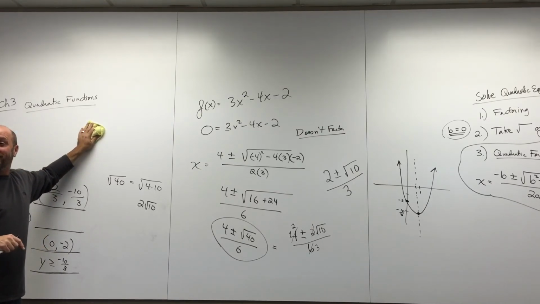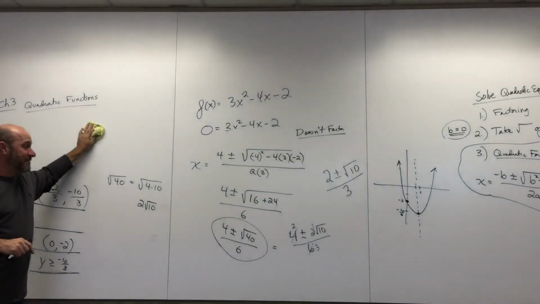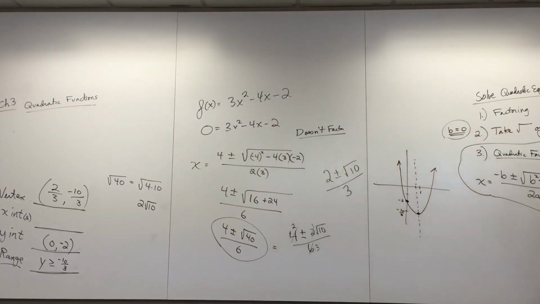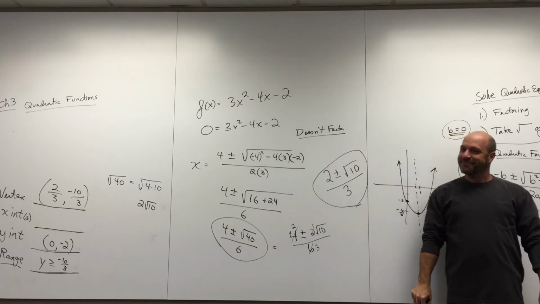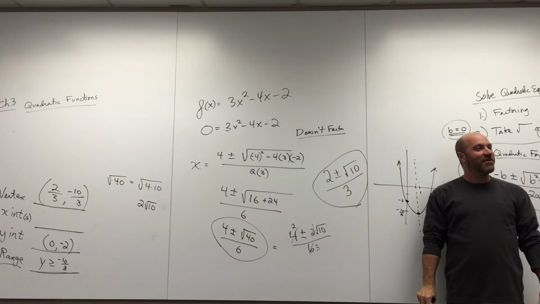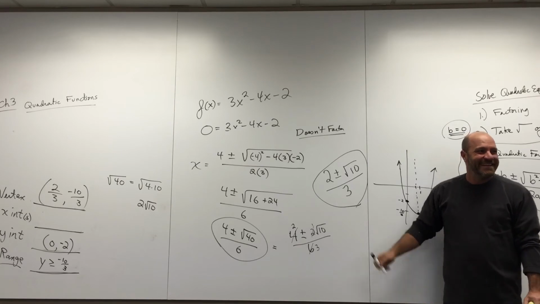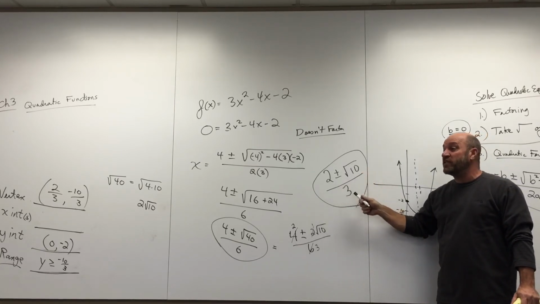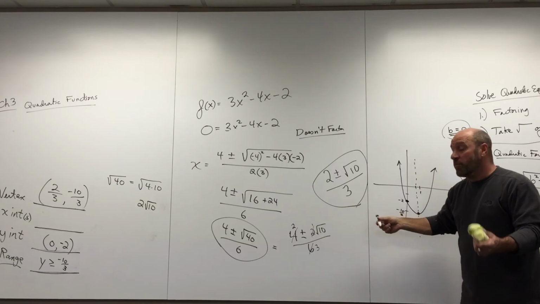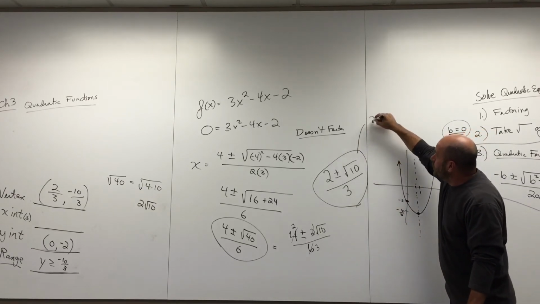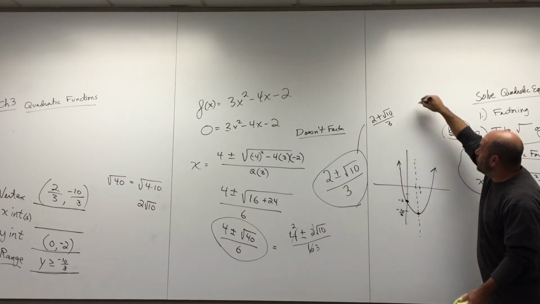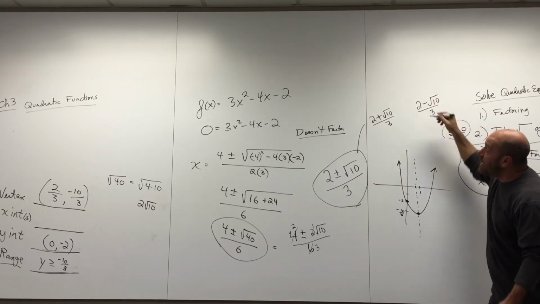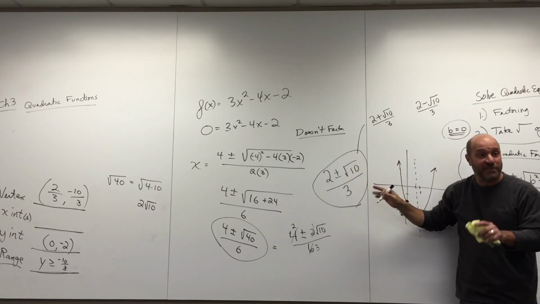Hey, you guys, we found our x-intercepts. What are they? You can't even say them, can you? Can you say them? 2 plus or minus square root of 10 over 3. Thank you. Good. That's what they are. 2 plus or minus the square root of 10, all divided by 3. Those are 2 numbers right there. One of them is 2 plus the square root of 10 divided by 3. The other one is 2 minus the square root of 10 divided by 3. It's okay to write them all together, but I want you to make sure you understand that those are 2